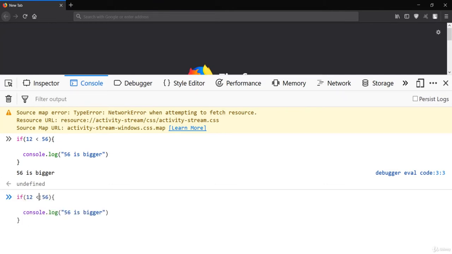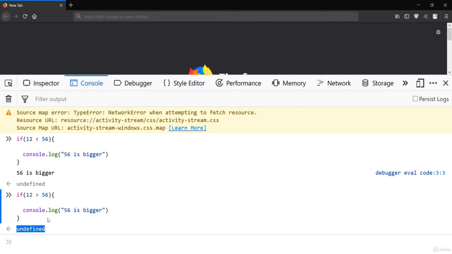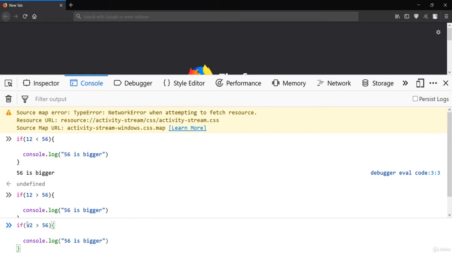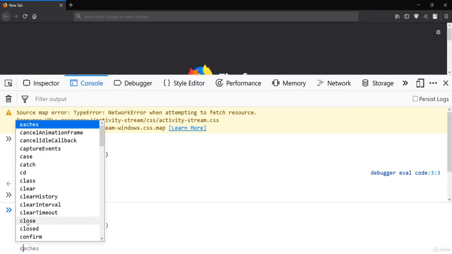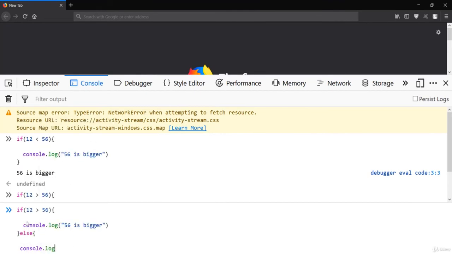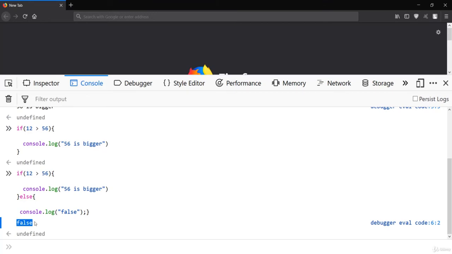So let me say if 56 is lesser than 12, which is obviously false. If I hit enter, it will just say undefined. It will not print anything because we don't have anything for the false part, which is basically your else part. So let's put that else part. I'll say else, which is the way to describe the false part, and I'll say console.log with another message that is false. If I execute this now, then you will see false has been printed over here,